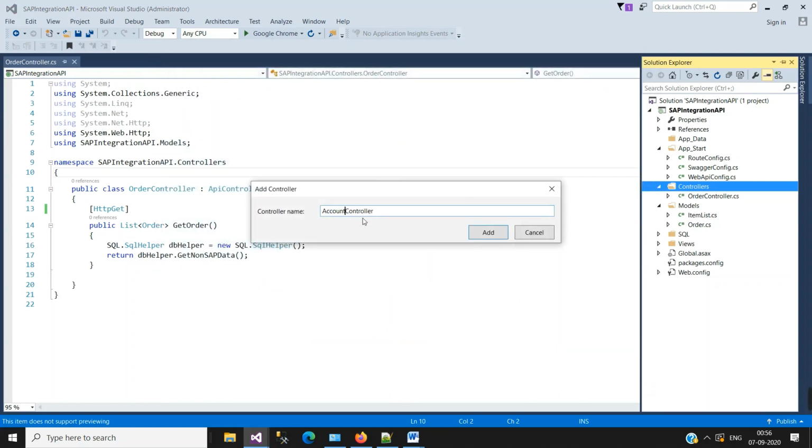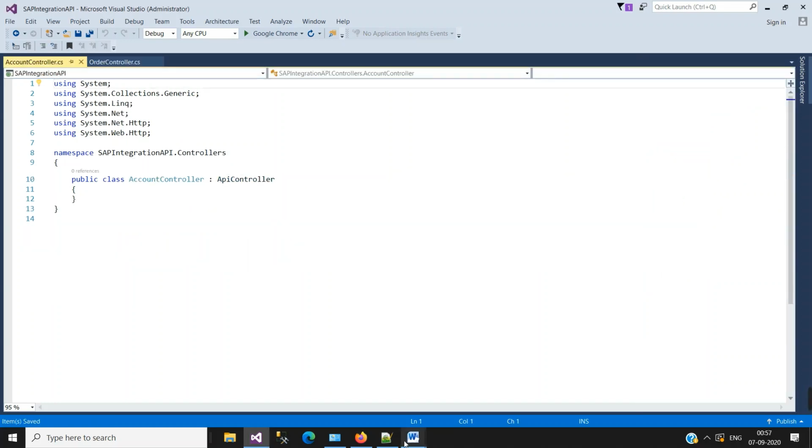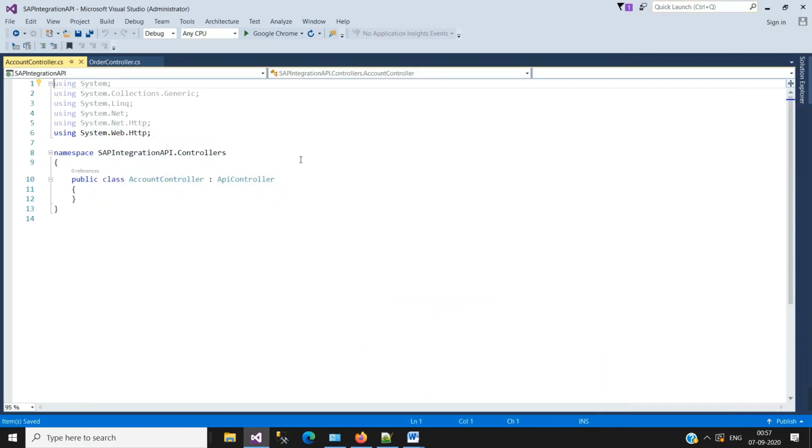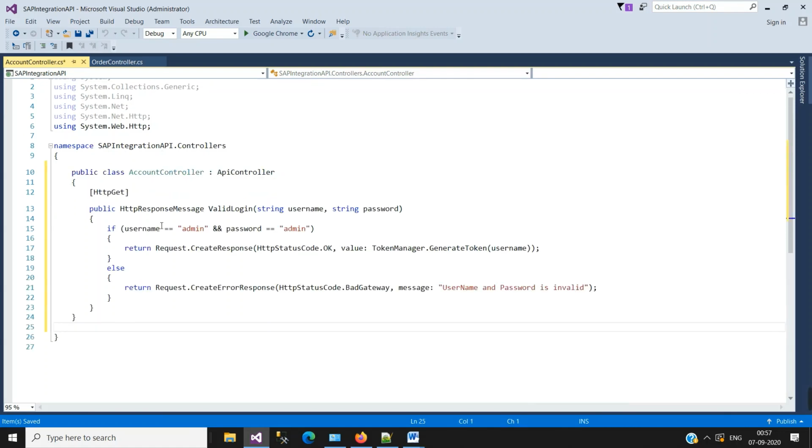The name I'm giving is Account. Basically, I have written the code earlier. Let me copy and paste it so that it saves our time. This is the HTTP GET API, and the user will call this API by passing the username and password.